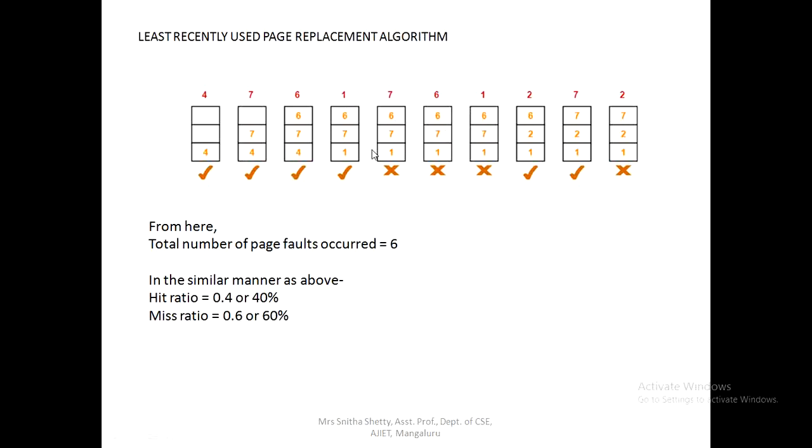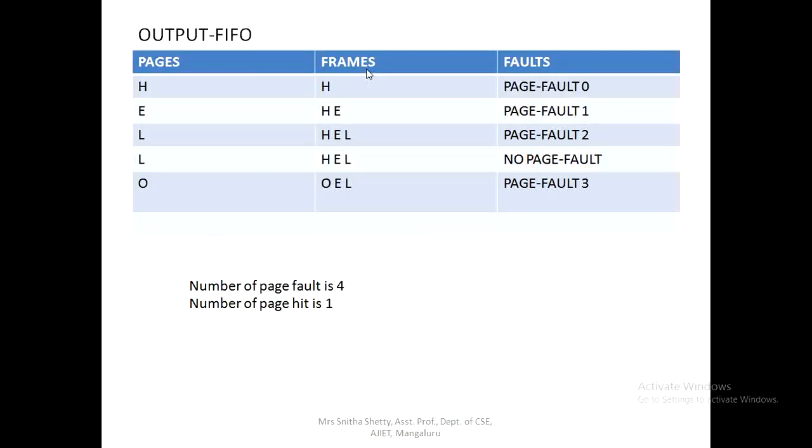So students, to explain the program with this length of string becomes difficult. So I've taken one more string, a very simple string, that is hello. So my pages are hello. This is the expected output. You need to get this output. It should print the pages. First it will print H. The frame is initially empty. When the first page comes, it becomes H. So initially it is a page fault.